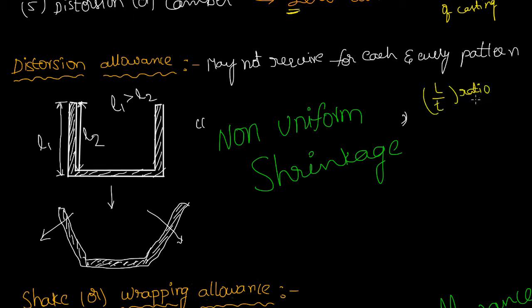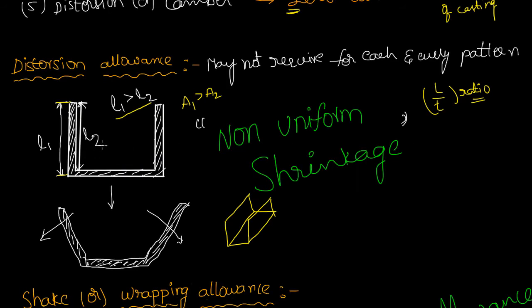Here I have given a nice diagram. For example, I am planning to cast a material that has a U shape, an extruded U shape, right? This is the casting that I want to produce. For example, this length is L1, and this length is L2, right? If L1 is greater than L2, definitely area of 1 is greater than area of 2. Yes or no? Definitely.